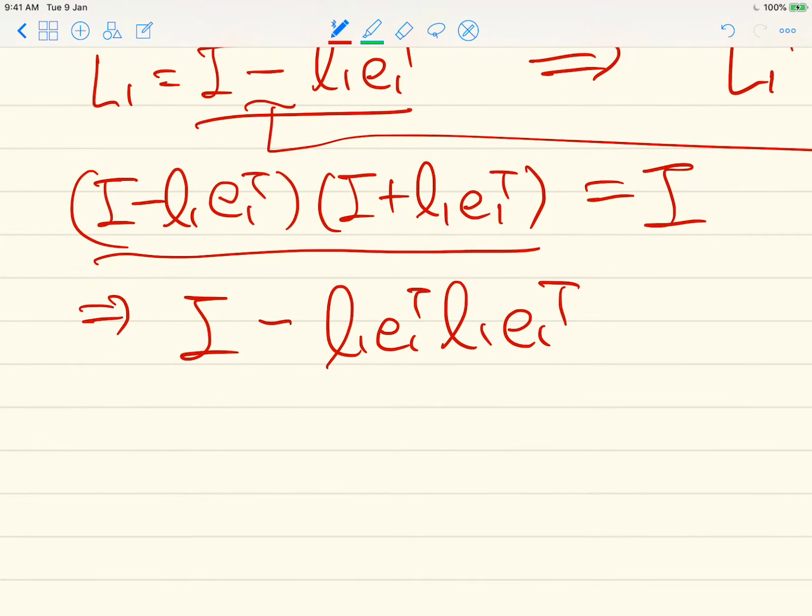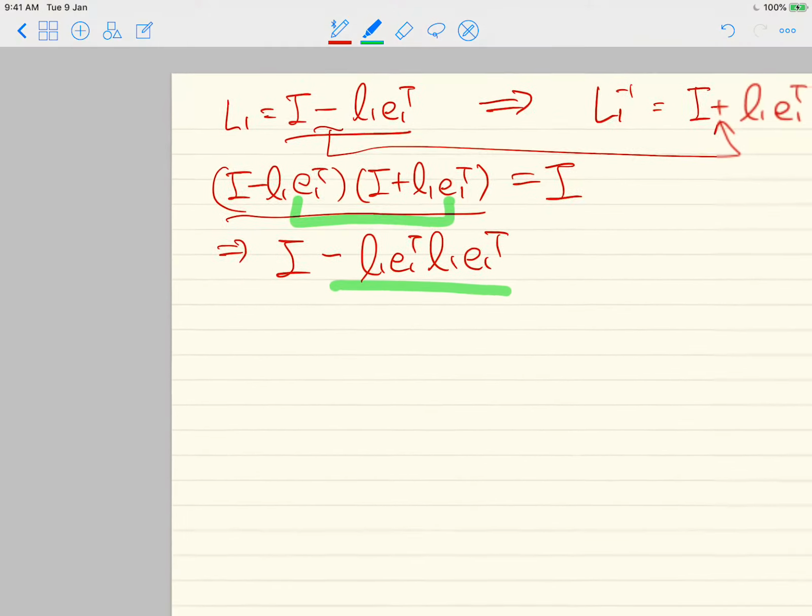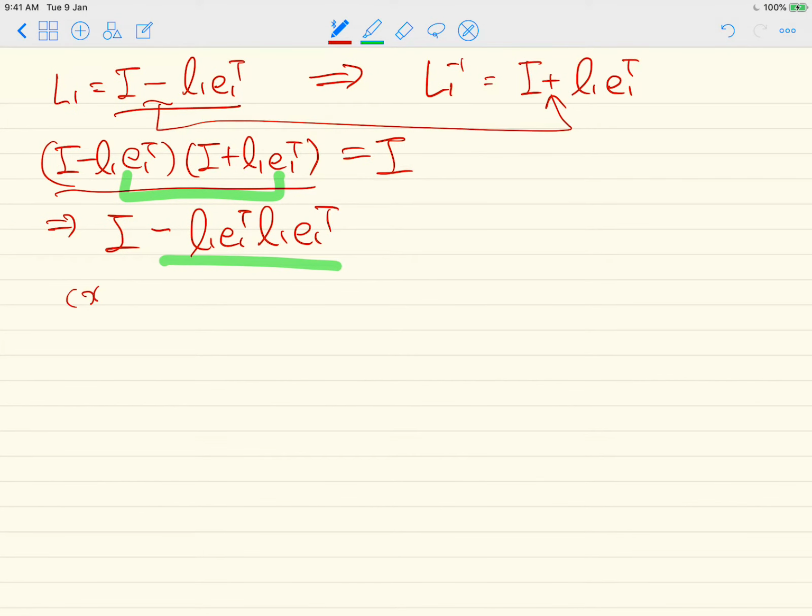So we consider this term that results in this identity matrix, and then this guy and this guy have the same terms but opposite signs, so they will cancel out with each other, and then the last term will correspond to this guy, right? It's just like x plus y times x minus y is the same as x squared